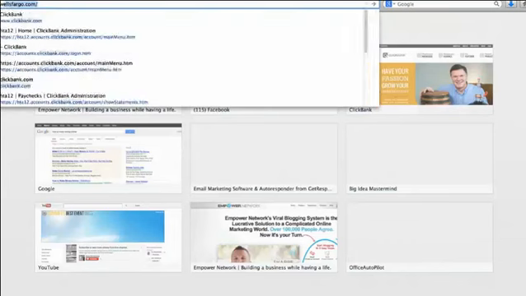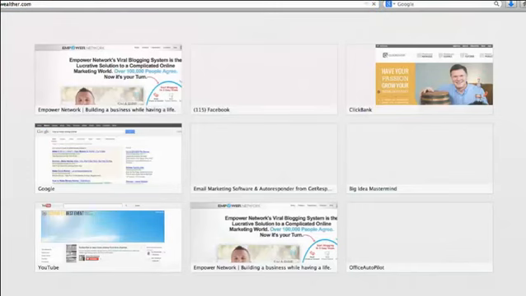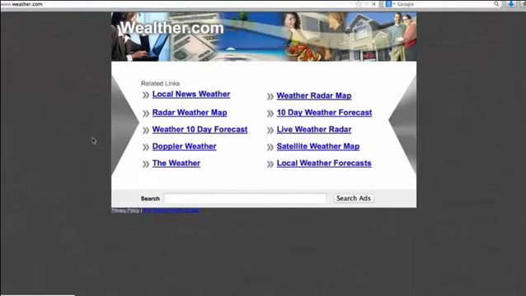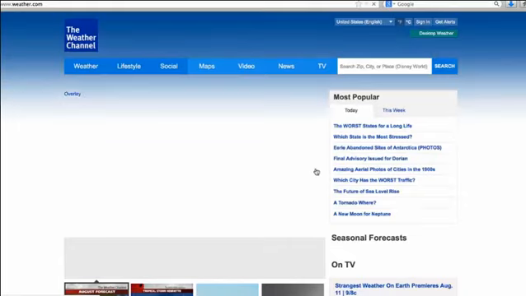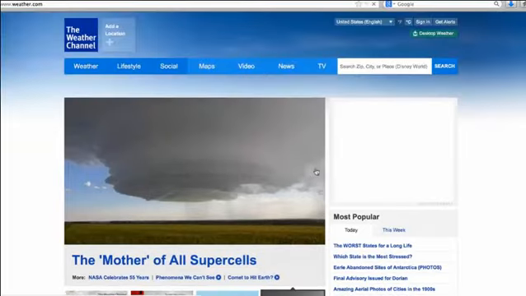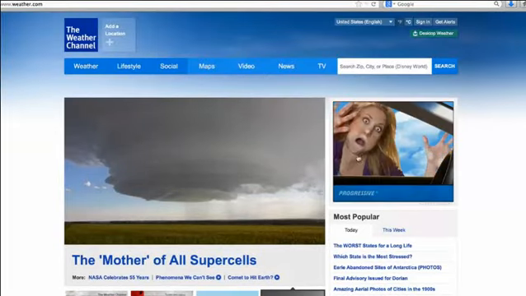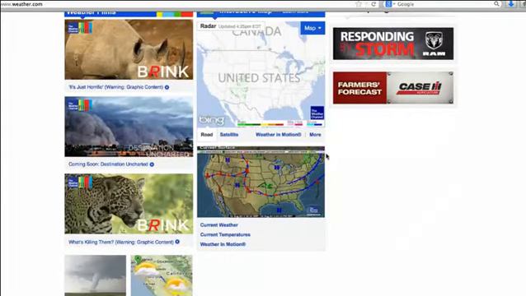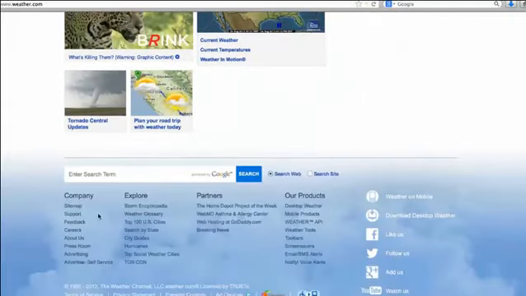let's say you go to like weather.com or something like that, right? And you see all these banners, all right? You see there's a banner right over here for Progressive, right? Now this is going to be really, really expensive for you, right? It's going to be super expensive. But if you just go to